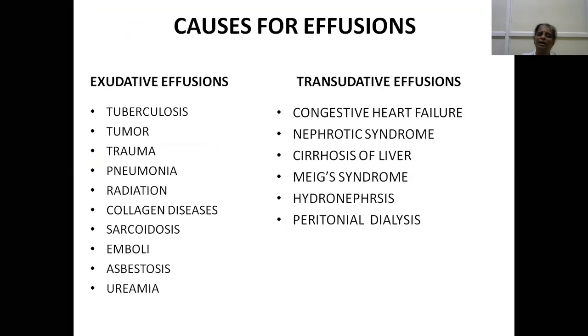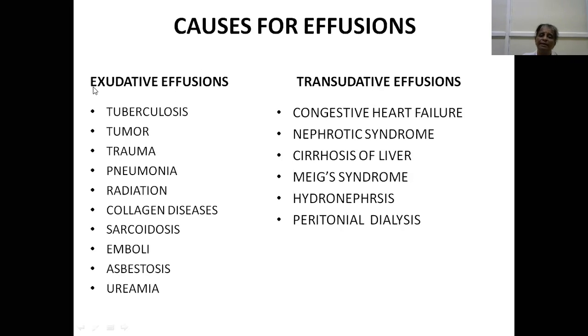So, what are the causes for effusions? For transudative effusions, where the pressure gradient causes the effusion, they occur in any generalized edematous cases like congestive heart failure, nephrotic syndrome, cirrhosis of liver, Meigs syndrome, hydronephrosis, and peritoneal dialysis. In all these systemic conditions, where there is generalized accumulation of fluid in all serous sacs, the pleural effusion also